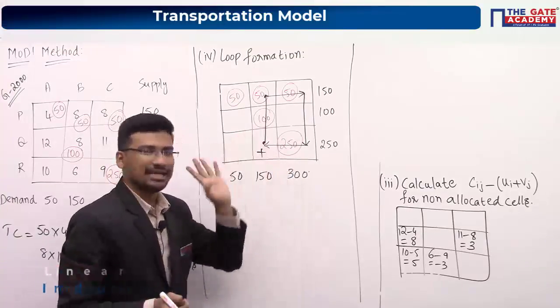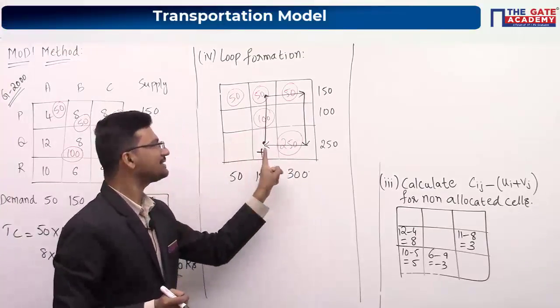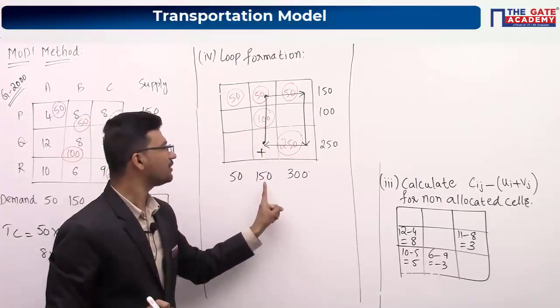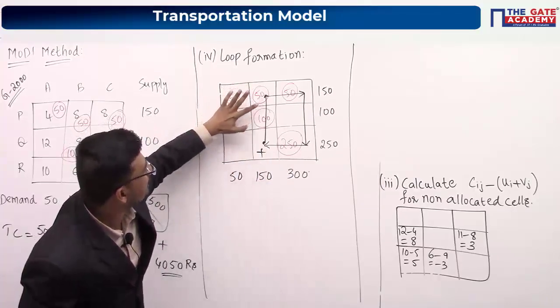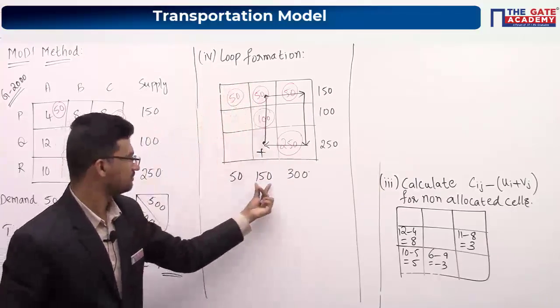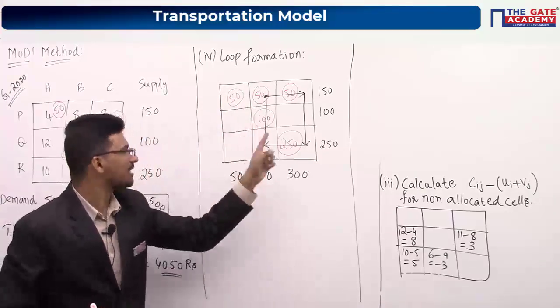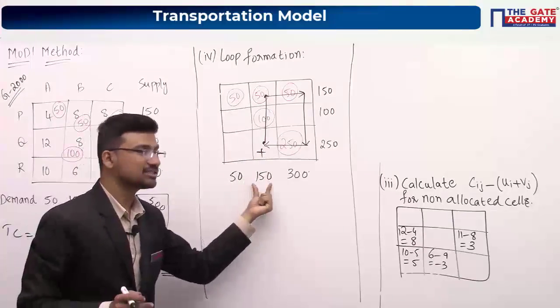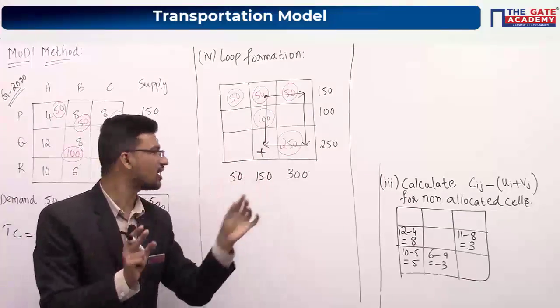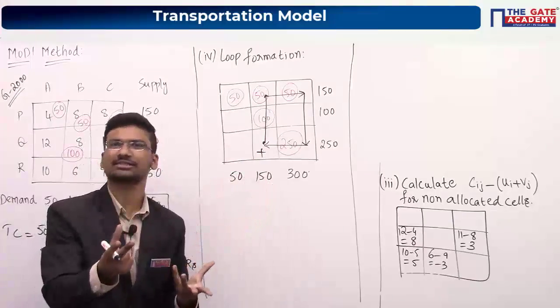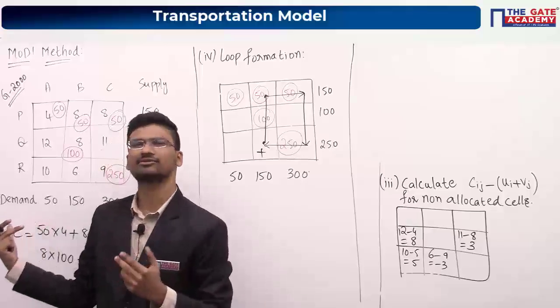Okay, now listen carefully. If I am adding some number of units here, what will happen to this? Already we have 50 plus 100, which is 150. This one is the demand. So if you are adding some number of units here, this will increase. But we should not change this number, right? Because it is given in the question and these demand values are constant.